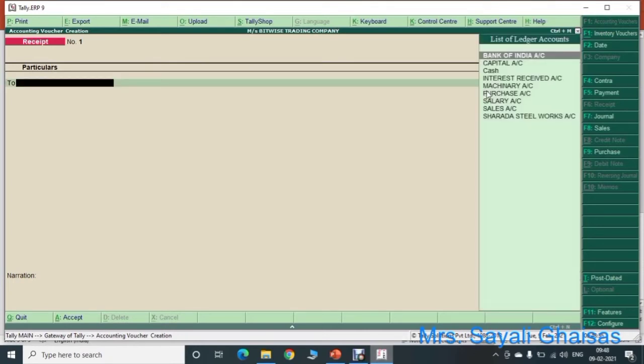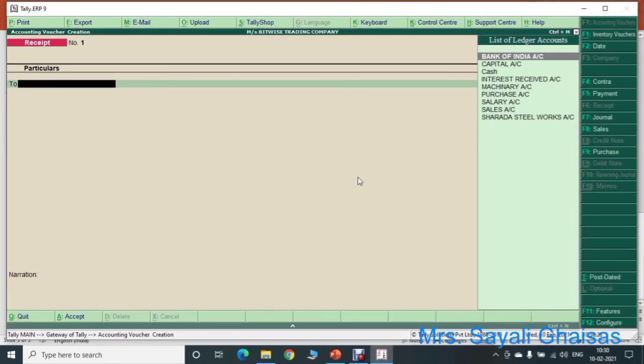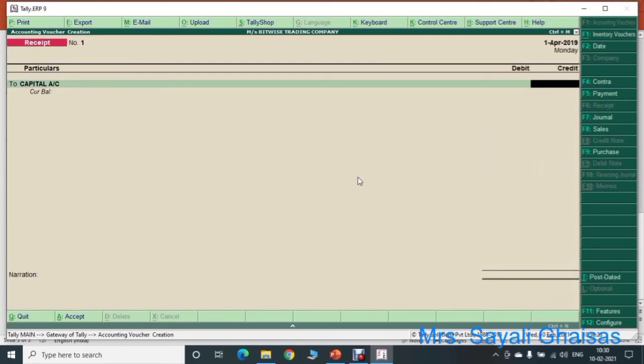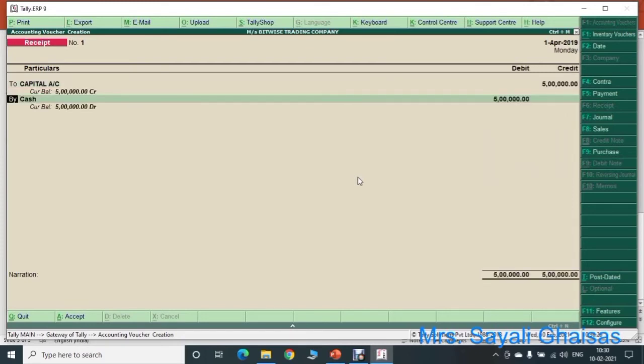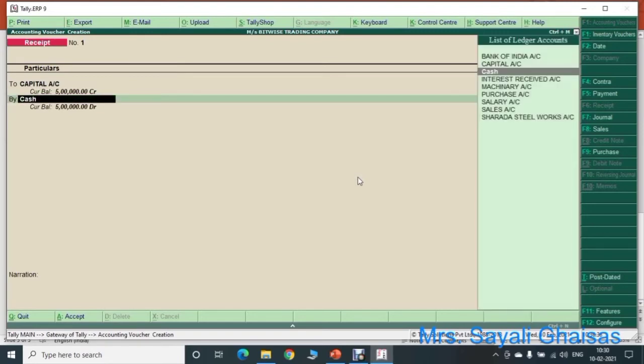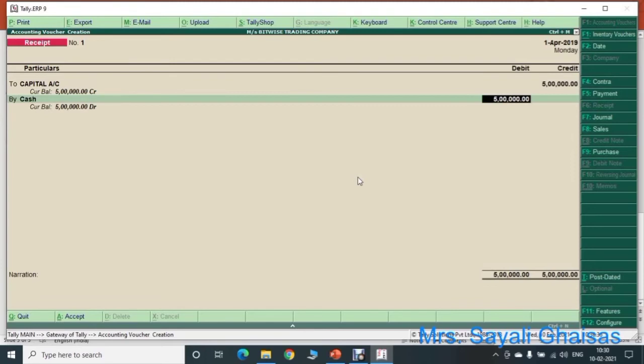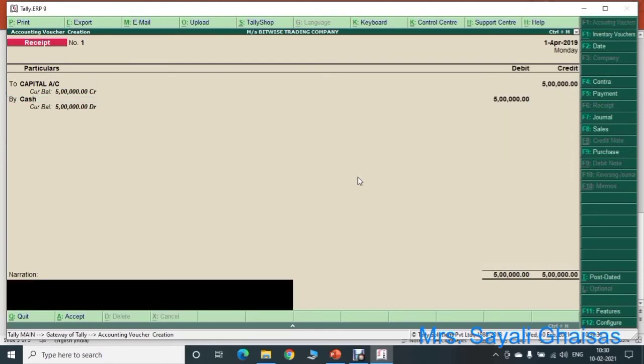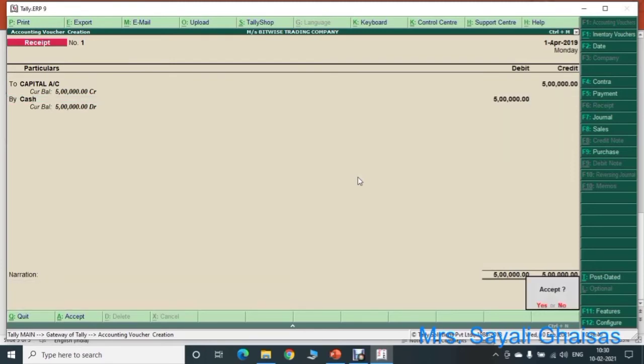Here we will select to capital account and the amount is 5 lakh. Then press enter key. Then here by, select from here cash. Then again press enter key. Again press enter key. Enter, and we have done with this entry now.